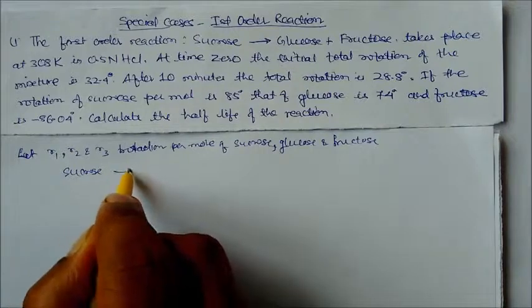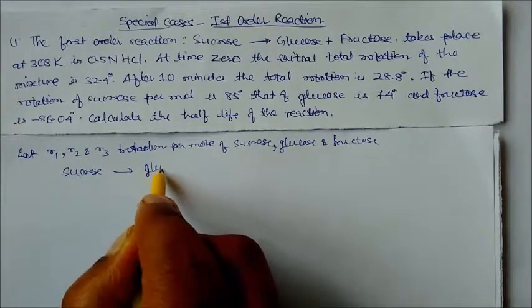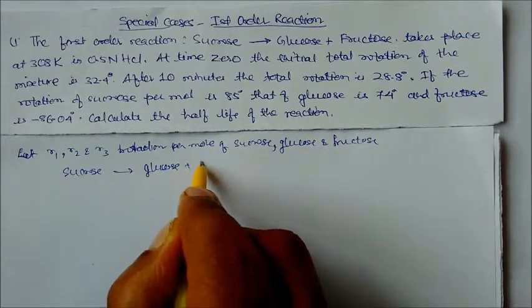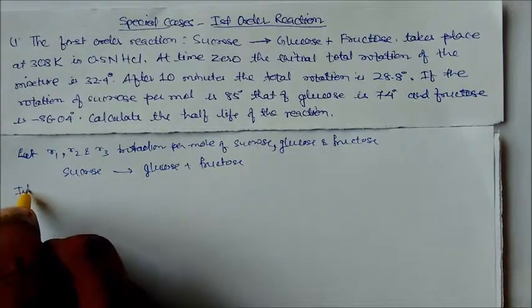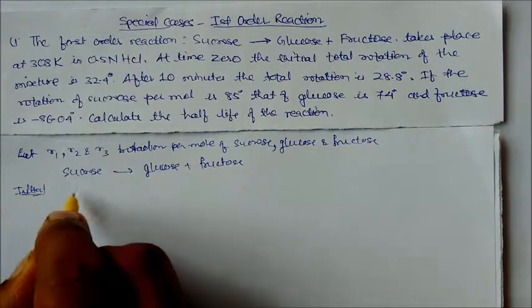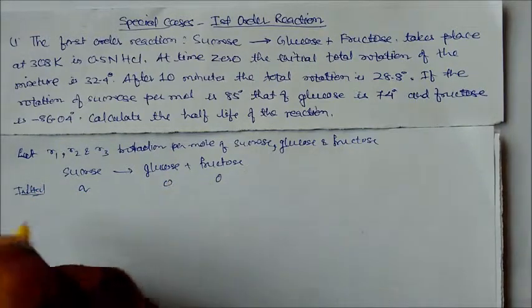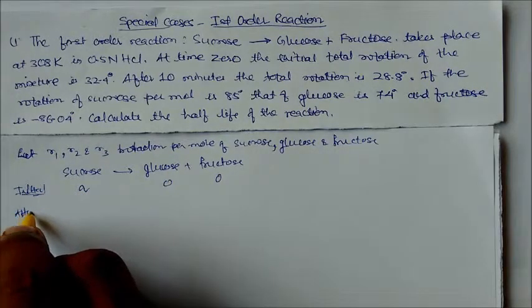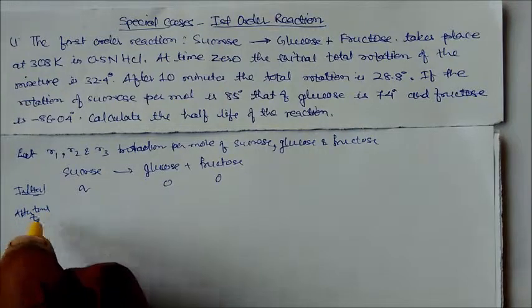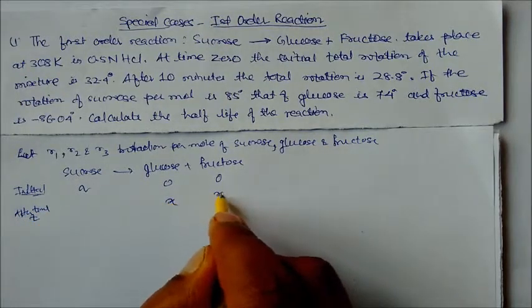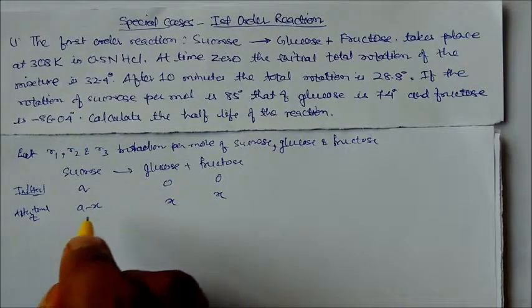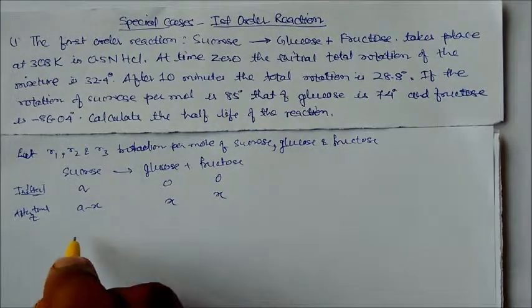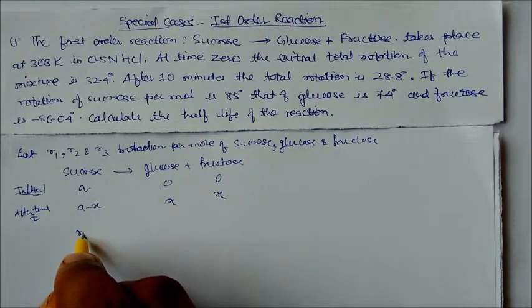Sucrose is converting into glucose plus fructose. So here initial concentration, suppose A concentration, this will be 0, 0, and after time t, this will be x concentration, and this will be A minus x. So now we can write here rate R1 into concentration